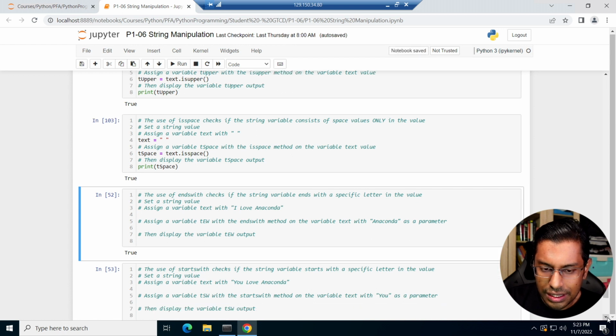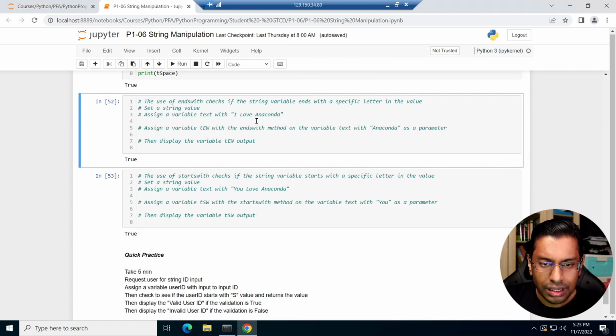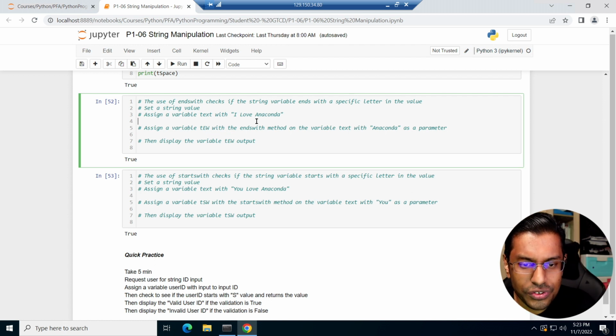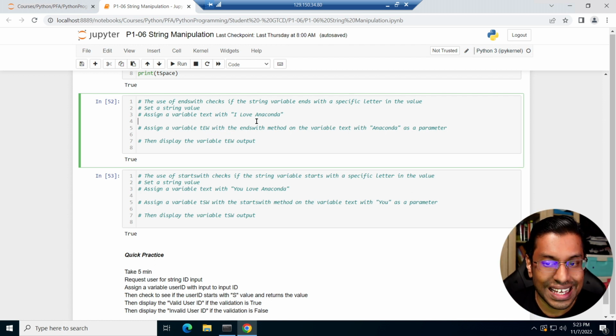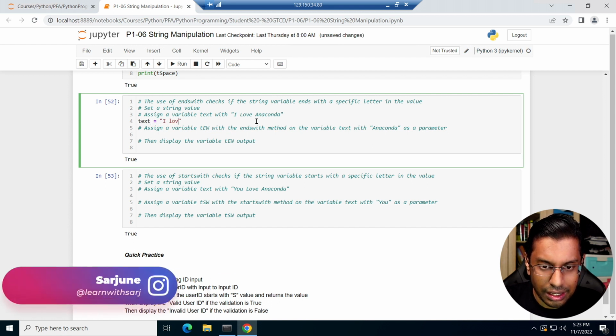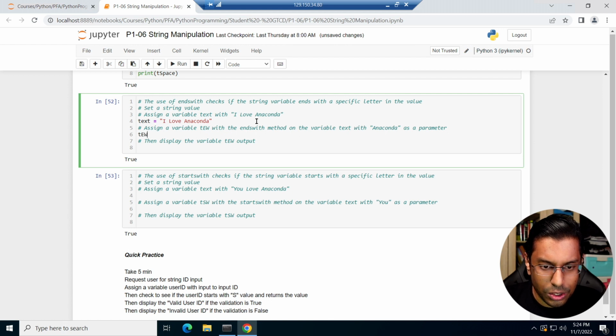Okay, let's check whether the use of endswith checks if the string variable ends with a specific letter in the value, right? So in this case, I want to check whether this variable text ends with Anaconda. So text equals to I love, let me put a capital L, Anaconda, just to be consistent. I'm going to do tew ends with equals to txt dot endswith Anaconda, and I print out tw,